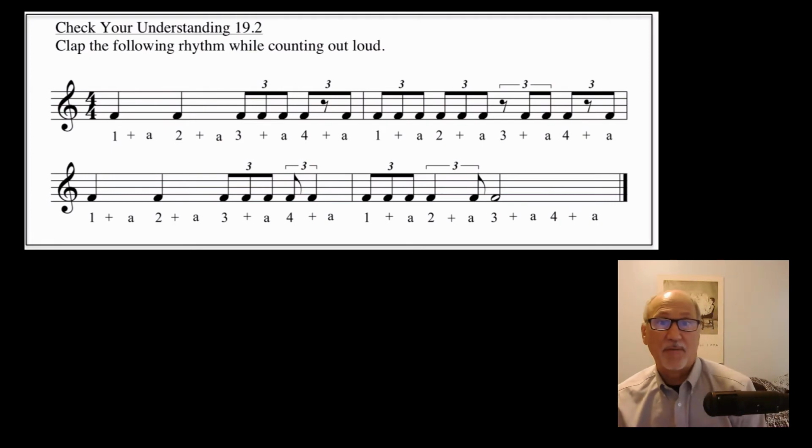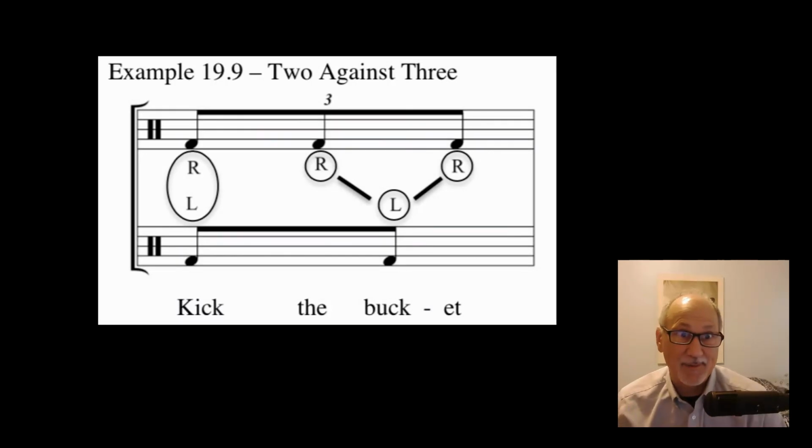Now often musicians are required to play eighth note triplets at the same time as eighth notes, in a rhythm sometimes referred to as 2 against 3. This is a type of polyrhythm, where independent rhythmic streams are heard at the same time. And to clap this rhythm, you want to decide how the right hand and the left hand interact in a kind of linear way, and then try to perform the rhythm while listening to the 2 streams independently. So here we can see an example where the right hand is going to play the triplet. That would be 1 and the left hand is playing